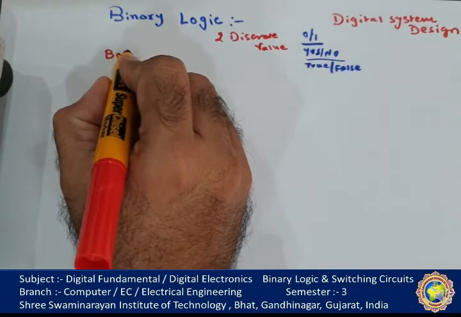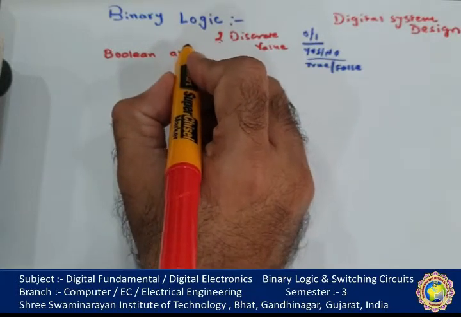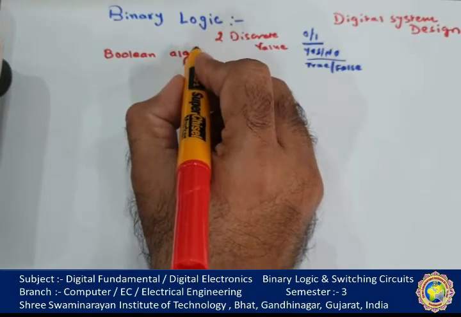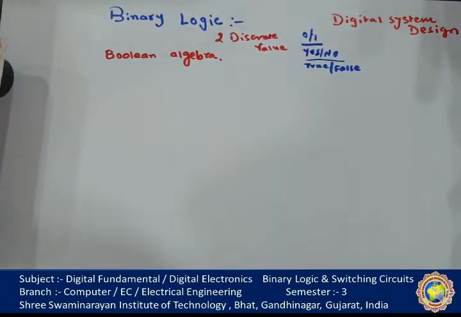This Boolean algebra gives the rules of binary logic for different logical concepts. The formal two-valued Boolean algebra we will discuss later in the same lecture series. The purpose here is to start with the simple definition of binary logic. Binary logic consists of binary variables and logical operations.